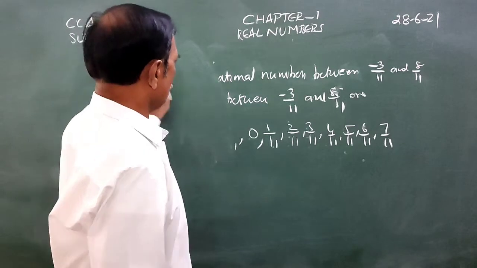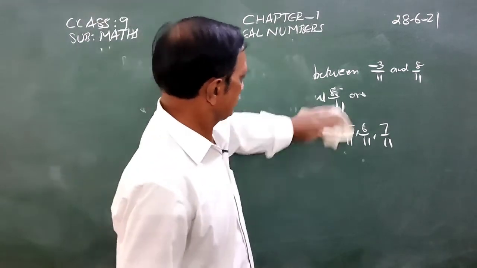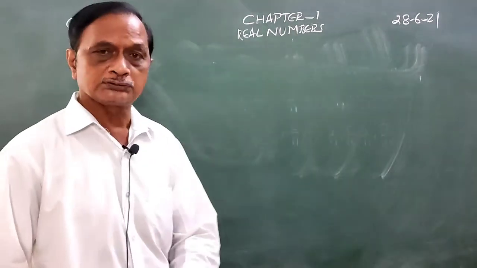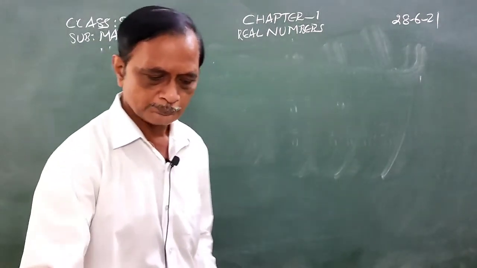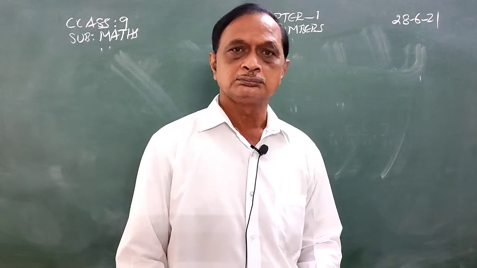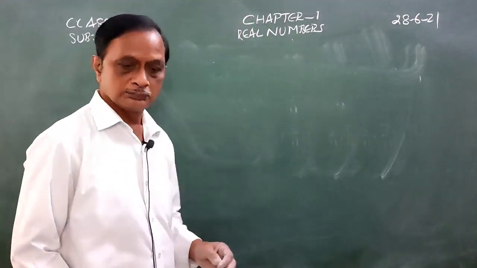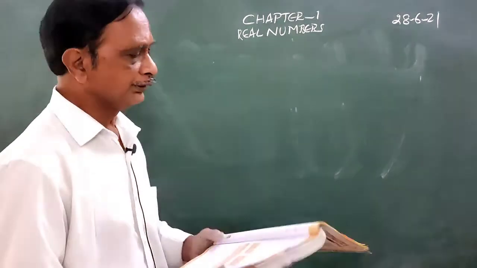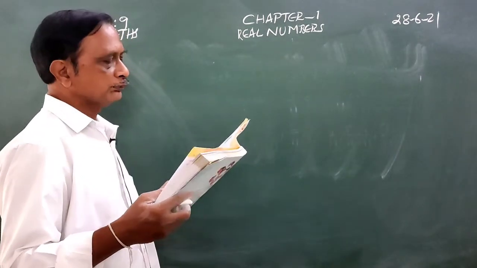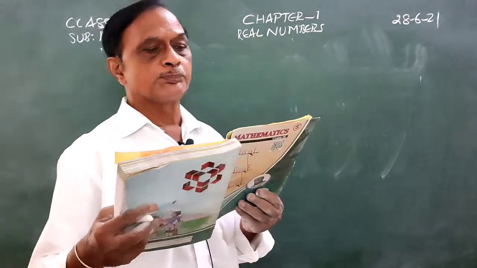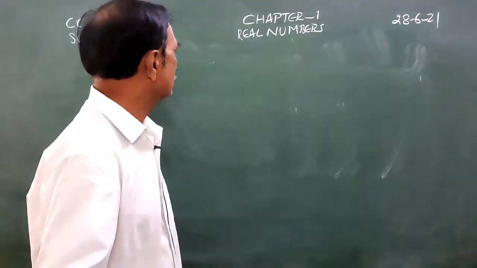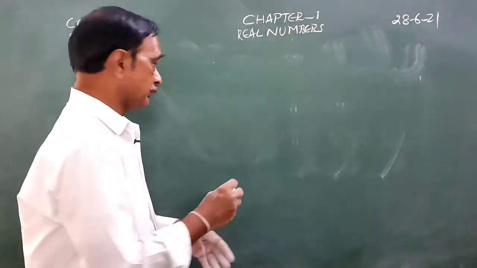Now, so far we have discussed finding rational numbers between two rational numbers by using the mean method. But we have another method, which can be done in a single step. So now go through example 3. What is example 3? Find two rational numbers between 3 and 4 by mean method. But here we are using another method.